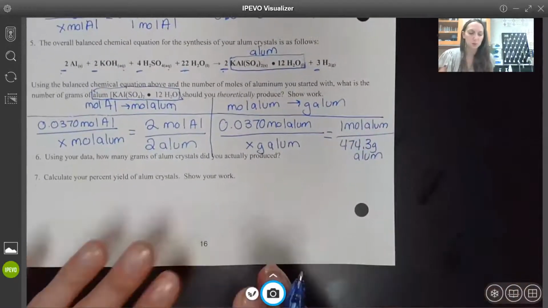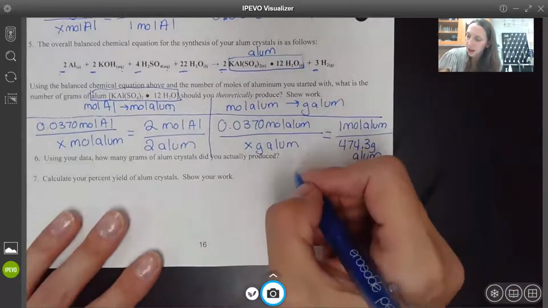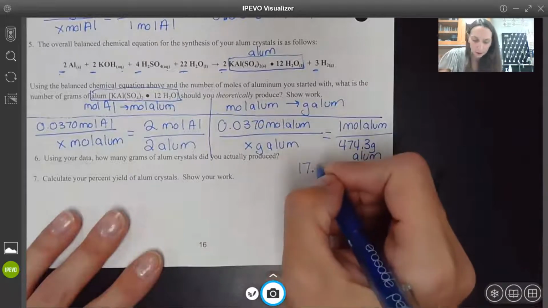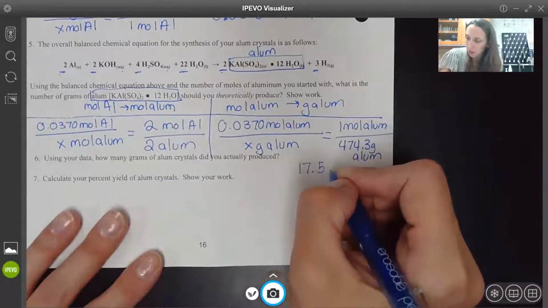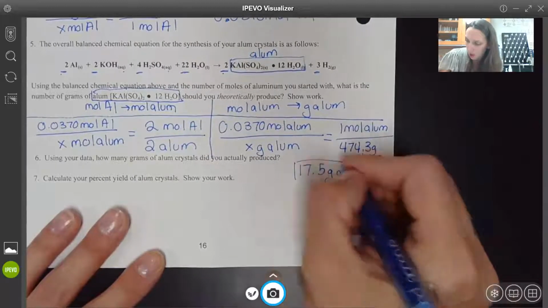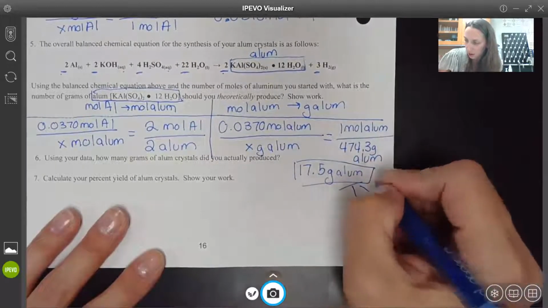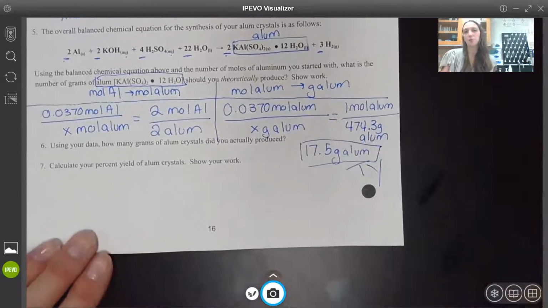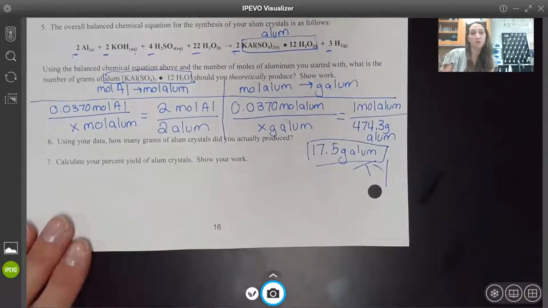So when I cross multiply, round to 3 sig figs, in a theoretical perfect world, there are 17.5 grams of alum produced. Or this is my theoretical yield if this lab was done perfectly, but we only have perfect on